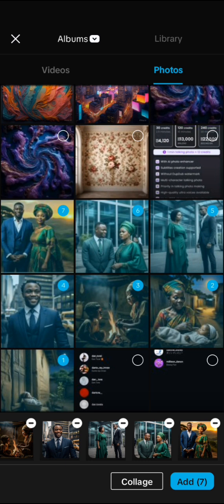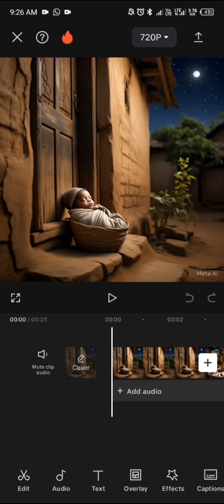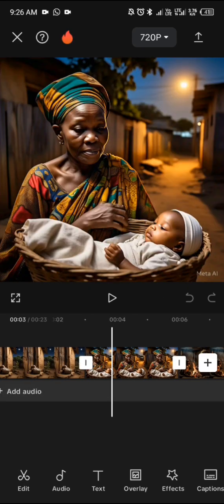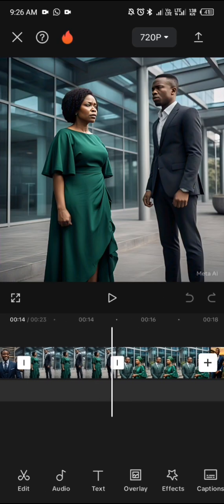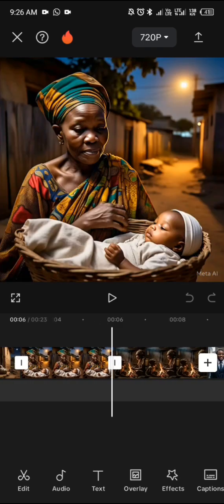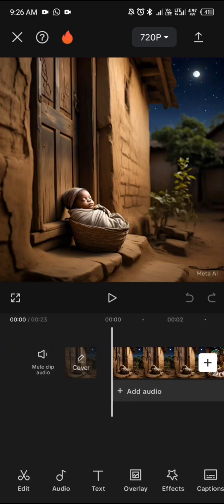You add. Click on add and you wait for it. Okay, this is it. Our pictures have been added. See them. So now the next thing we'll be doing is to extract our audio, the voice that we'll be